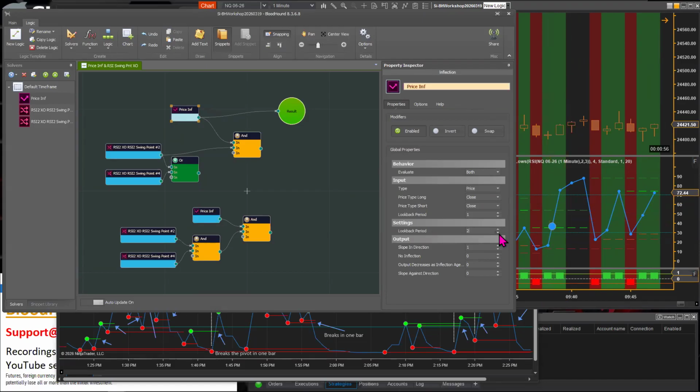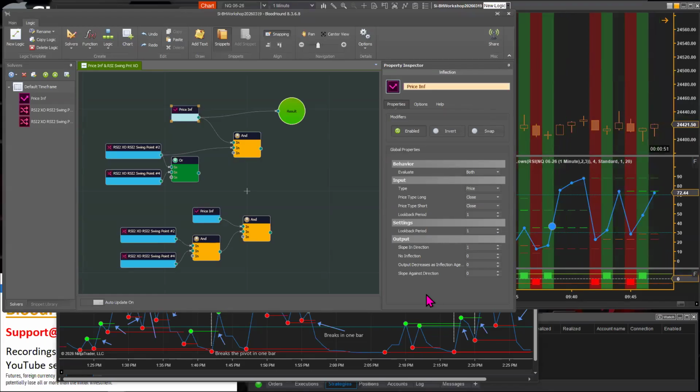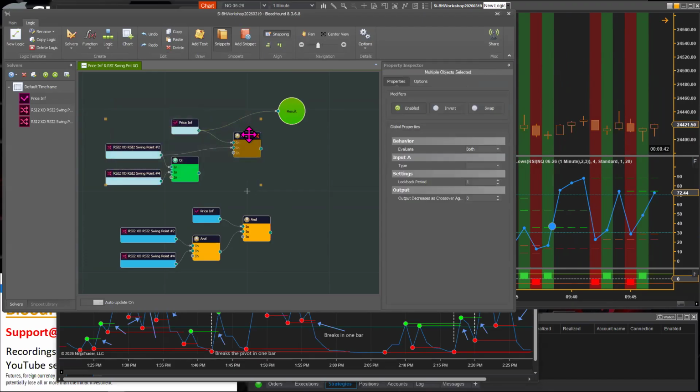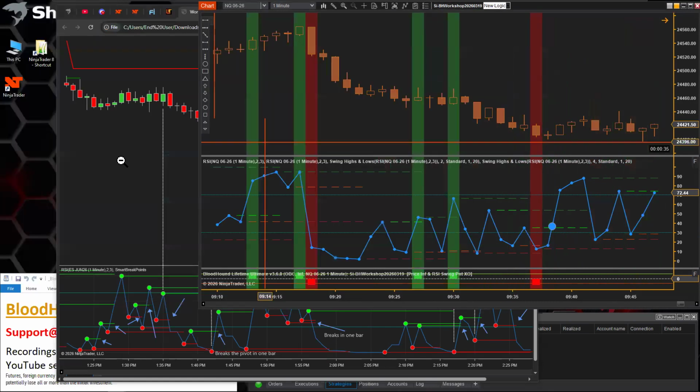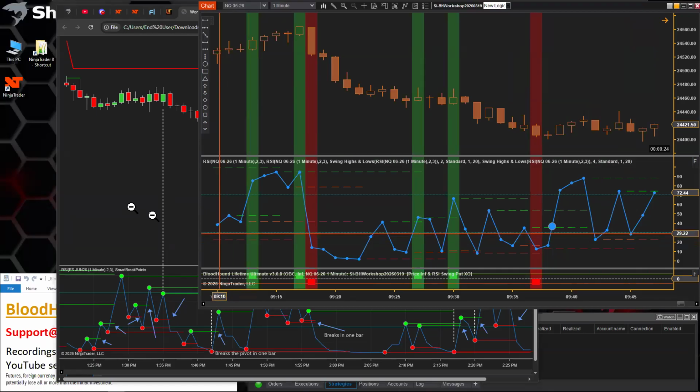That's all that's needed for that simple adjustment. So I'll knock it back down to 1. All right, that does it for this question.